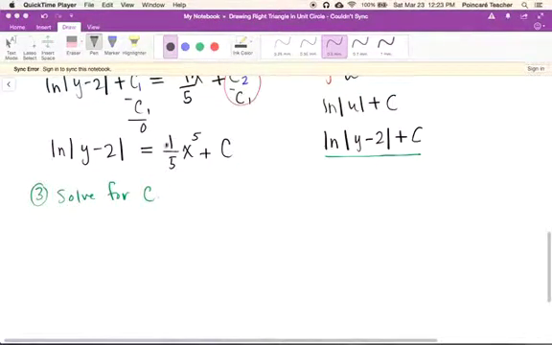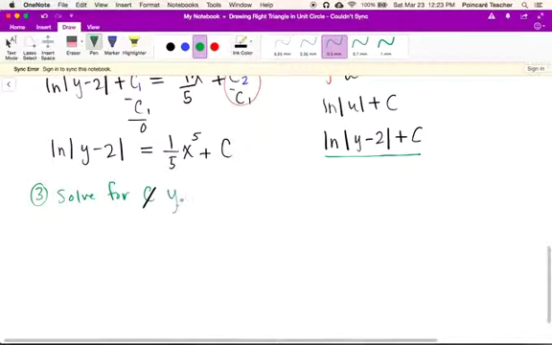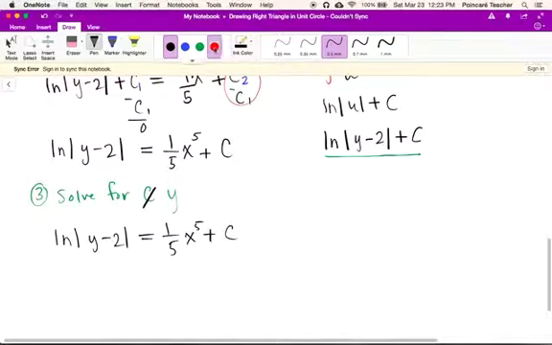Okay, so for the third step in the previous example, I had solved for c first, but in this case, it's going to be easier for me to solve for y and then solve for c. So I'm going to switch the last step and solve for y first. So the equation we have so far is ln of y minus 2 equals 1/5 x to the fifth plus c. And the way I want to get to this y here is, right now the y is inside the ln, so I'm going to have to undo the ln first, and then I'm going to have to work with the plus 2. So the way I'm going to do this, in order for us to undo the ln